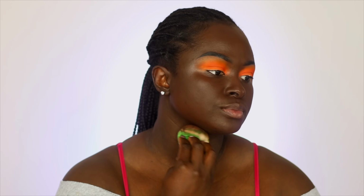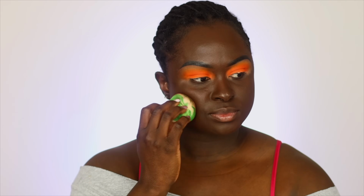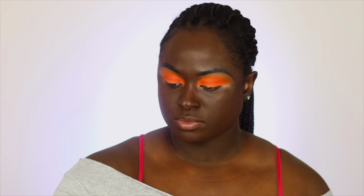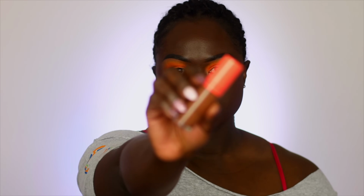So this is how easily it blended out, and this is what the coverage looks like with just the small amount I use. So you can tell that it is actually a really full coverage foundation, and you only need a little bit. Okay, so next I'm going in with the Juvia's Place I Am Magic concealer,